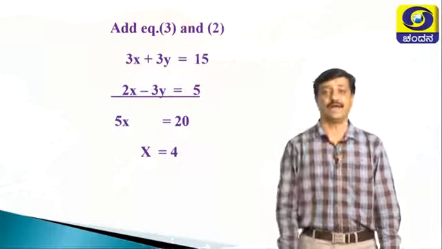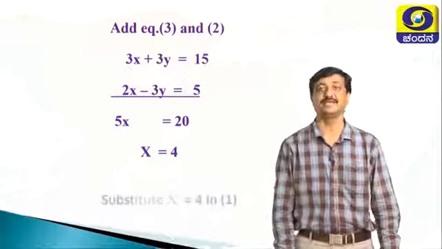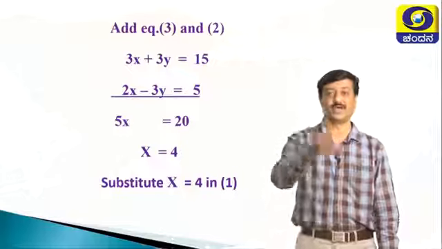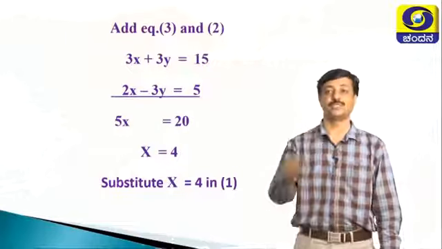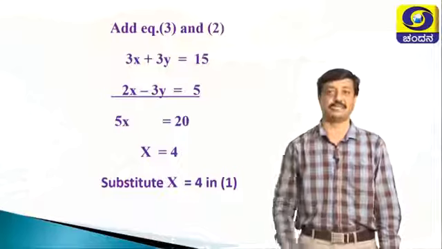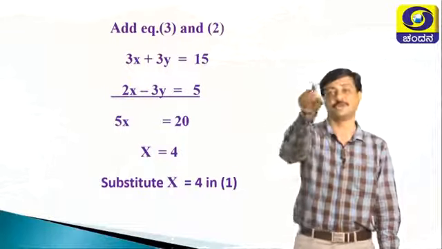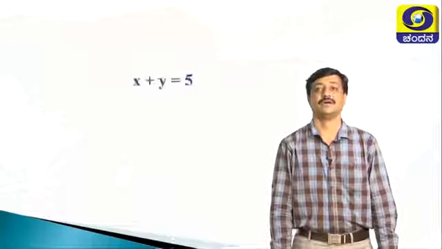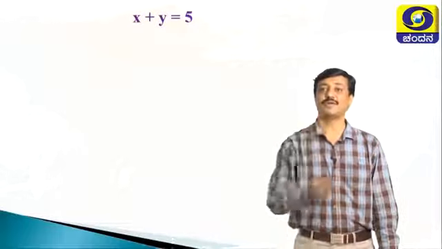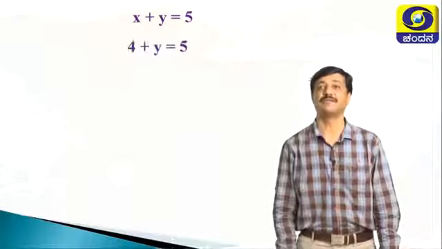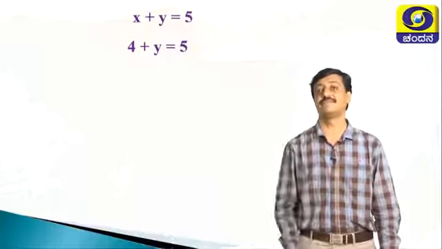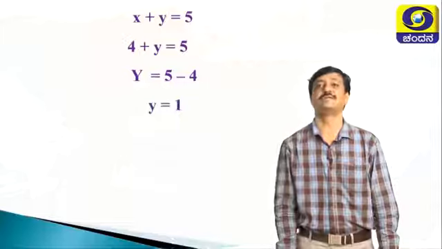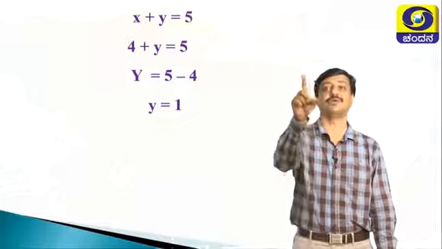After getting one value, by substituting this in another equation, I mean substitute x value is equal to 4 in equation 1. You can substitute this value in any one of these two equations, either in 1 or in 2. Now, I am going to substitute x value 4 in equation 1. It gives x plus y equals to 5 is equation 1. In place of x, we have to take 4, y remains same, transpose 4 to that side, it gives 5 minus 4. After taking a difference, you will get y value is equal to 1.